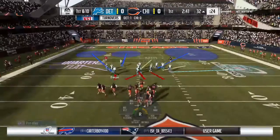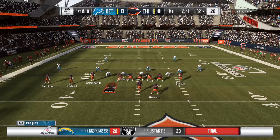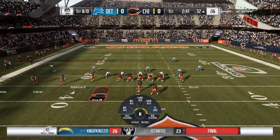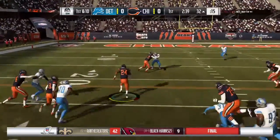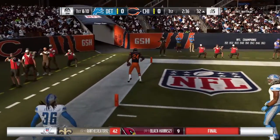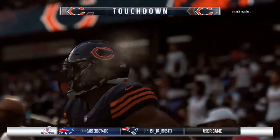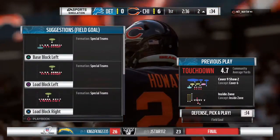From the 32 now, here's 1st and 10. Here's carry number 1 for Jordan Howard. 2 yards. And the Bears have